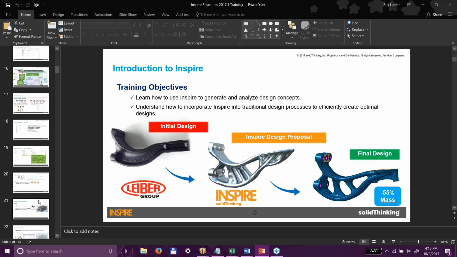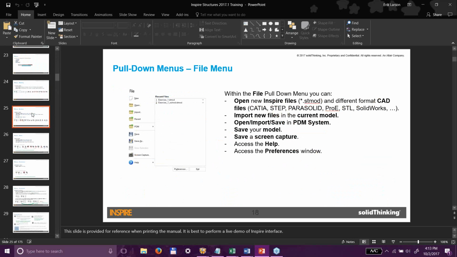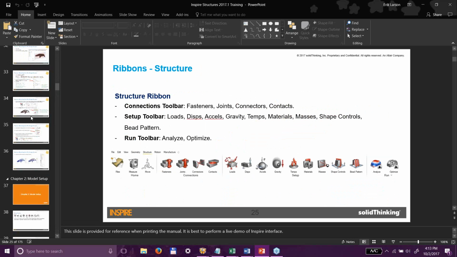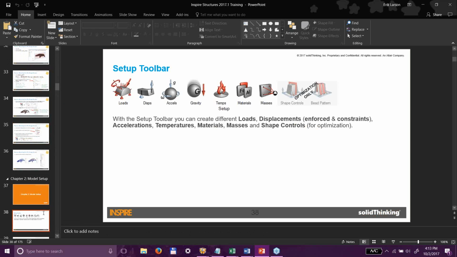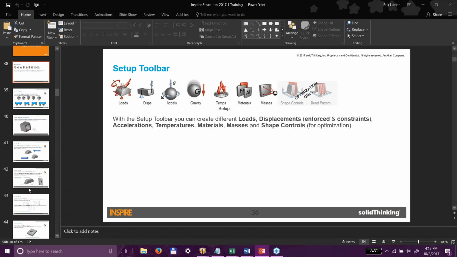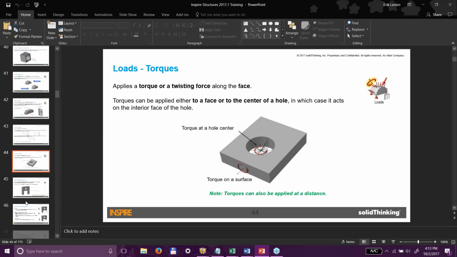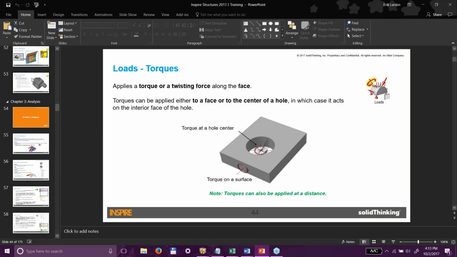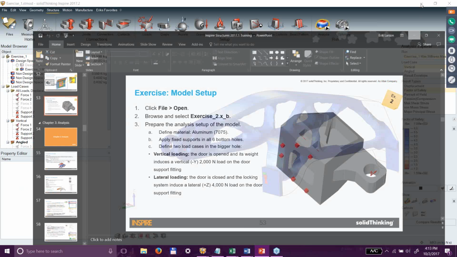Okay, so let's just make sure we covered everything that we needed to in that section. Yeah, we talked about the multifunction icons, talked about the ribbon structure. Let's move straight into model setup. We're going to talk about the creation of loads, constraints, moments, all of that sort of fun stuff. And then we'll set you up in an exercise at the end of this